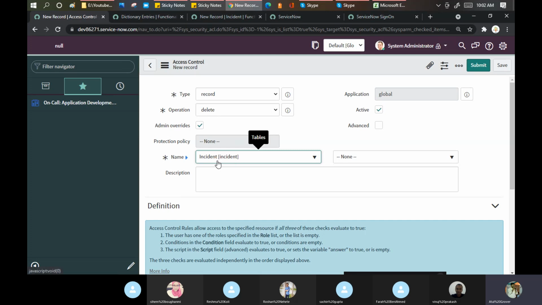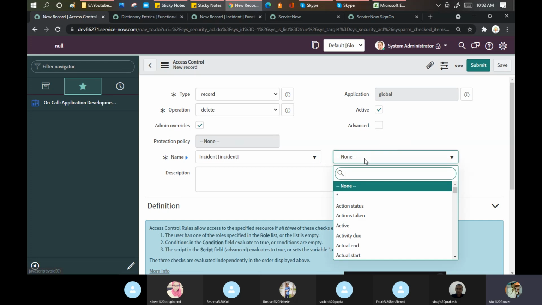Your kid is allowed to touch the wardrobe, that is this one. Okay. Now, on which field you want to put, see, I can see all the fields. If you put the asterisk, it means in the table, all fields are blocked or under access control.